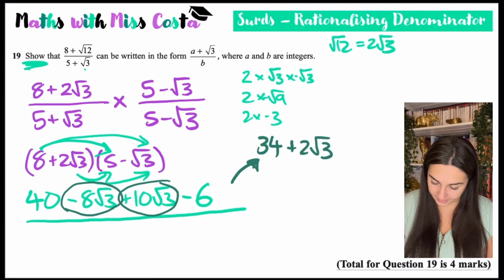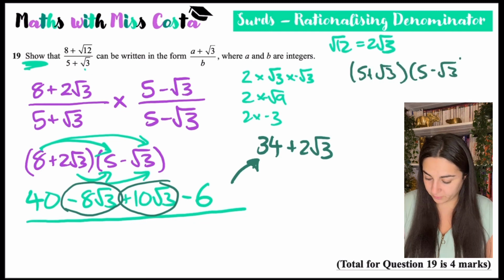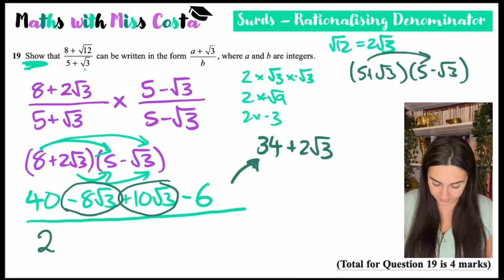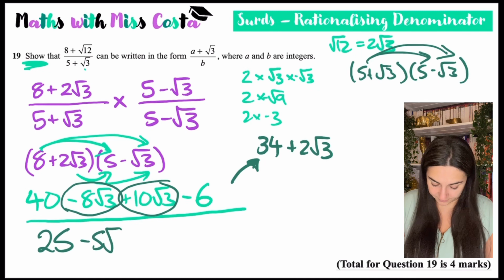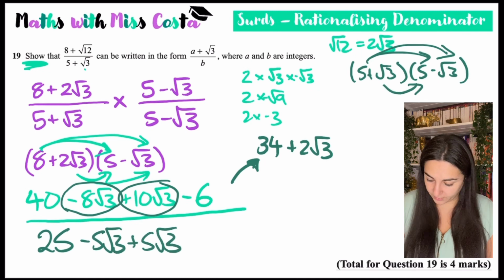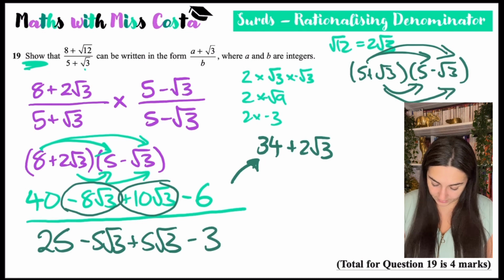I'd write it out here. So 5 plus root 3 times by 5 take root 3. 5 times 5 is 25. 5 times negative root 3 is negative 5 root 3. 5 times root 3 is 5 root 3. And root 3 times negative root 3 would be negative 3. So you've got